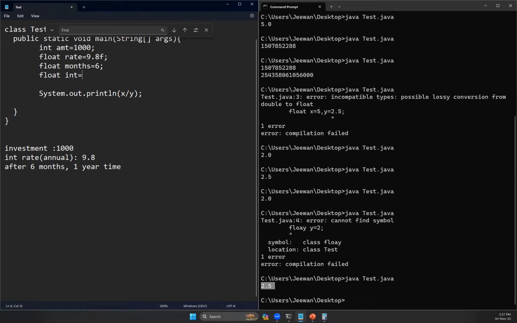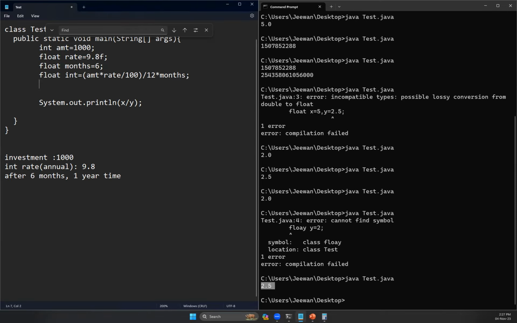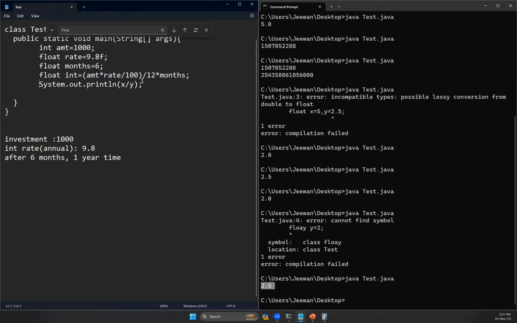Interest equals the amount multiplied by the rate and divided by 100, that thing divided by 12, and then multiplied by the number of months. Interest for, interest is